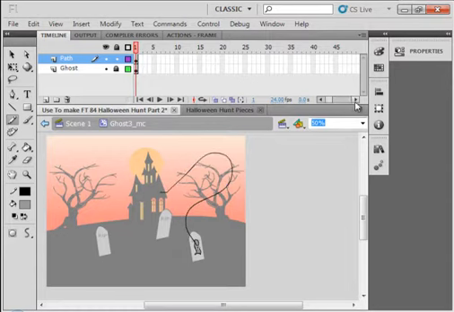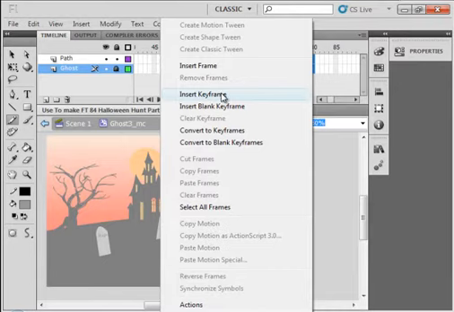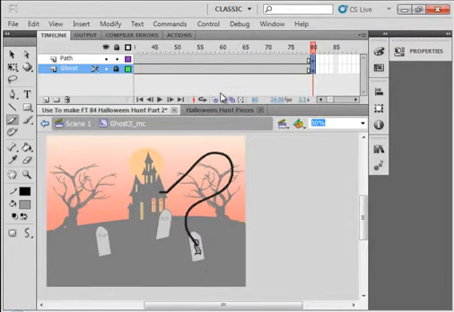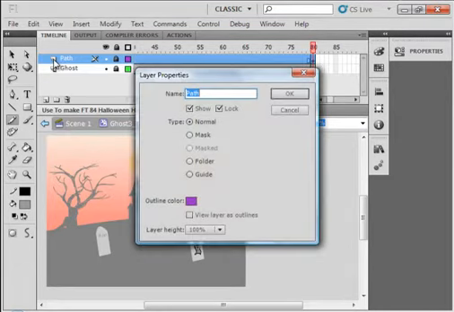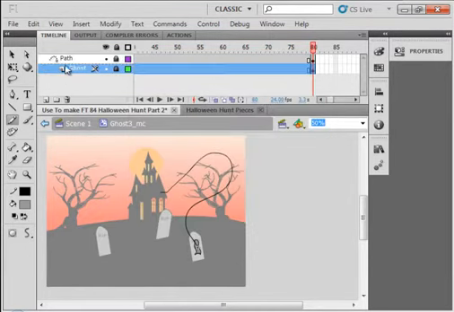And let's let him do that over 80 frames. So select 80, click, draw it down so I have both layers selected, right click, insert keyframes, lock the path layer, click on that page turned, click guide, OK, and put the ghost up there. Unlock the ghost layer and go back to frame 1 for a minute,